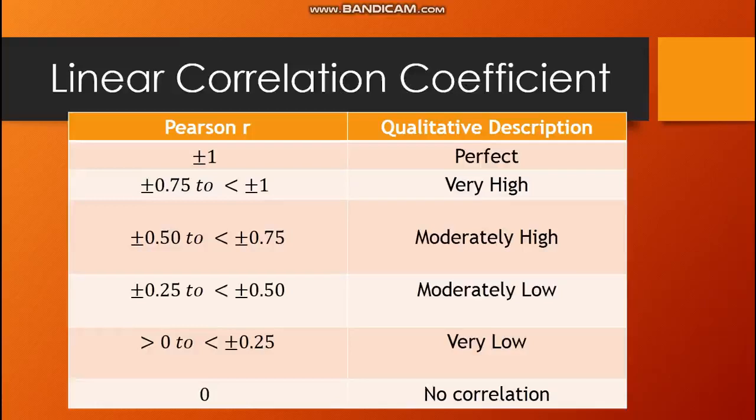Okay? Now, positive negative 0.25 to less than positive negative 0.50, we have moderately low. Greater than 0 to less than positive negative 0.25, we have very low. And 0, we have no correlation, or there is no relationship between the two variables. Okay? Now,